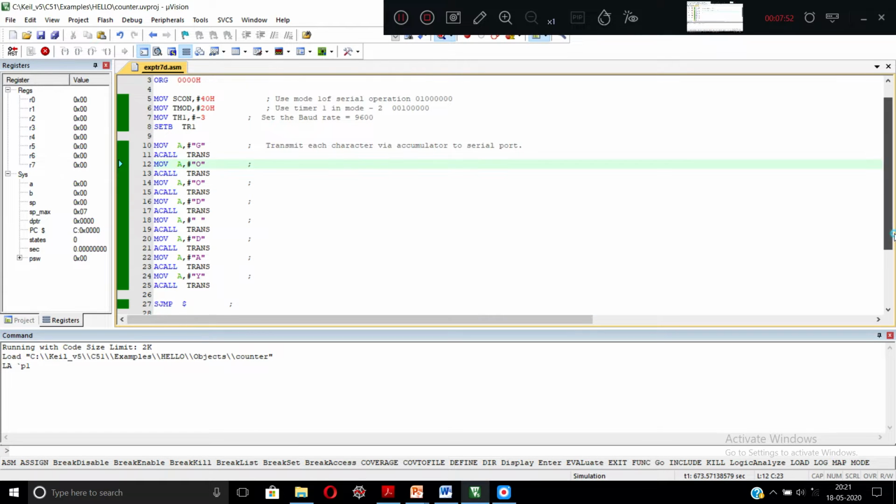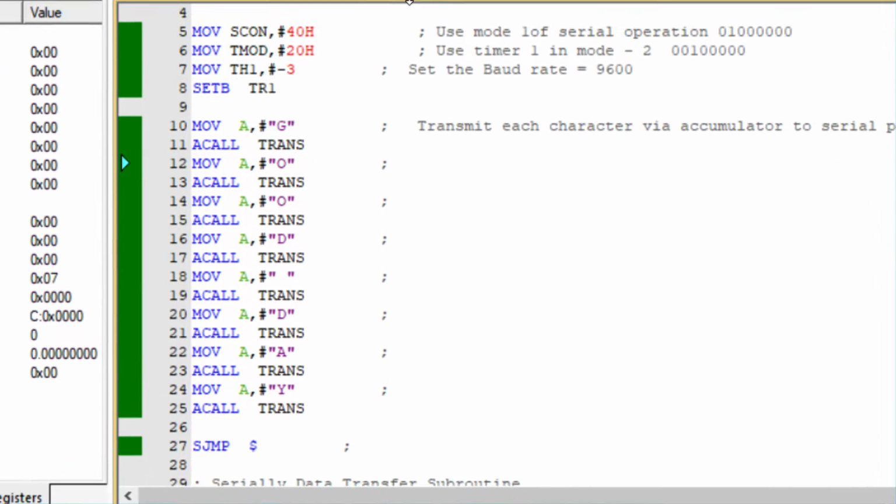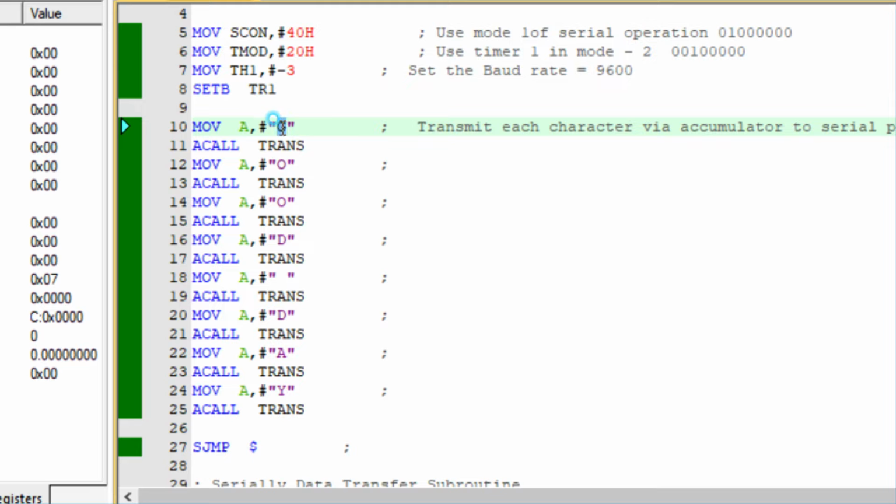Previously I told you there is a department. If I want to make it department, what change will we make here? Department, character by character. It should not be like a string. You must always use the accumulator, because the communicative port, the COM port, always communicates with the A register, the accumulator. Copy the character into A, and from A copy it into SBUF, and you transmit to the buffer by using the JNB.